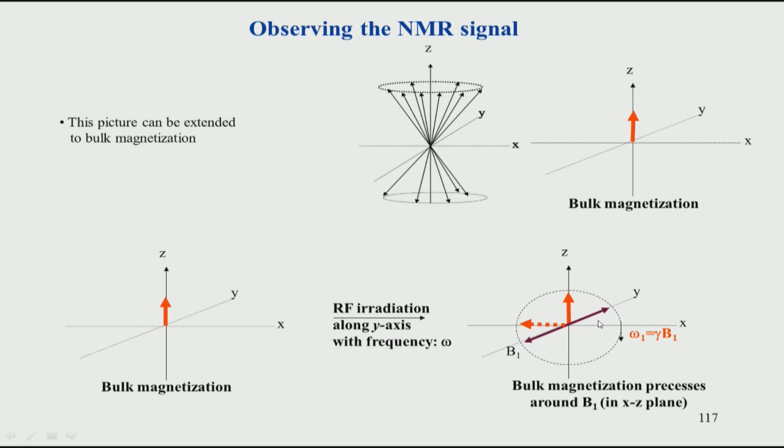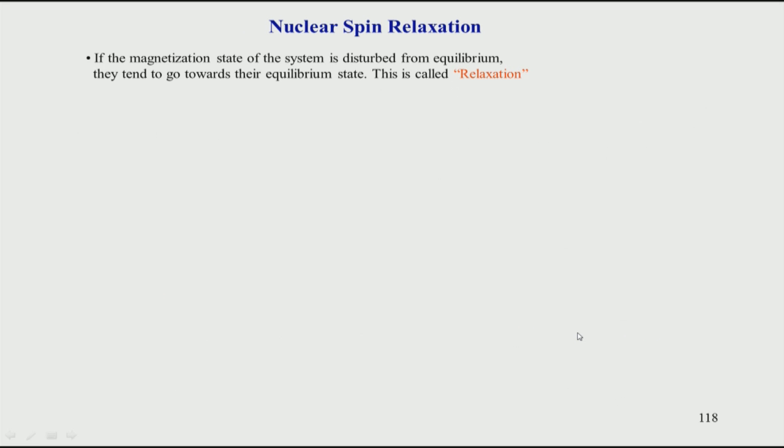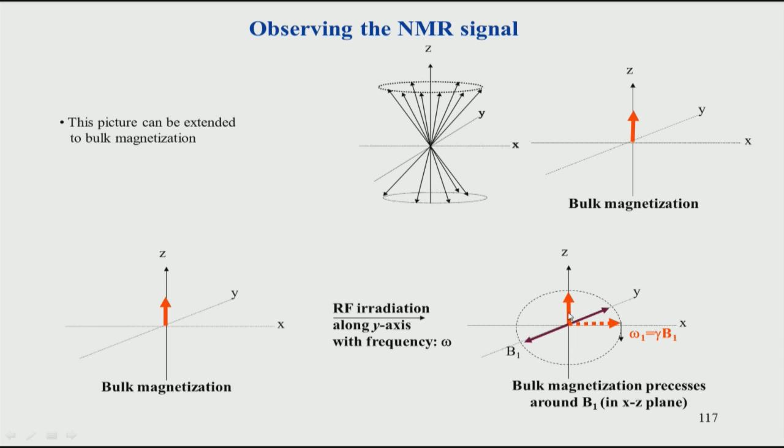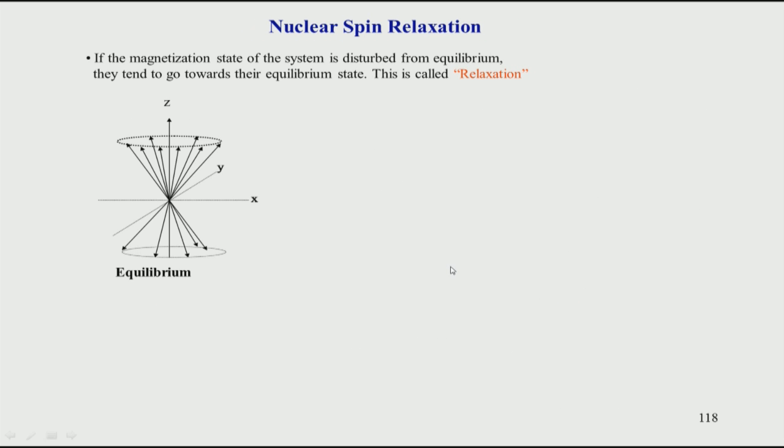So, this is a very tiny magnetic field applied, and the spin starts moving around that magnetic field in the rotating frame, and we stop the experiment when it is 90 degrees. When we stop at 90 degrees, that becomes a 90 degree pulse. Then once you remove this pulse, it is called relaxation. The spins are now all together. When we applied a pulse, we brought the magnetization from this side to this side by a 90 degree pulse.